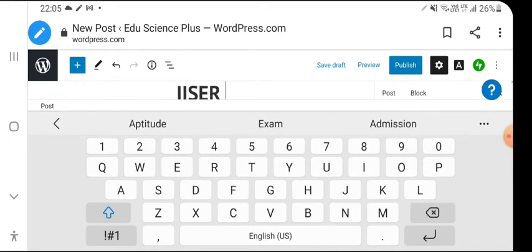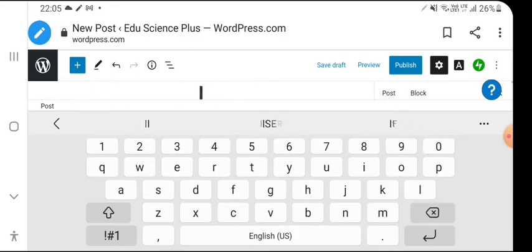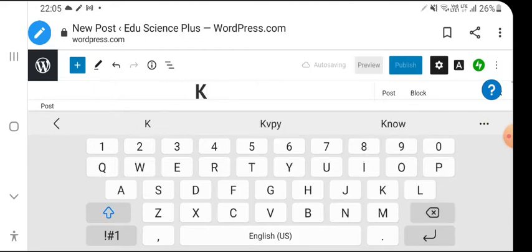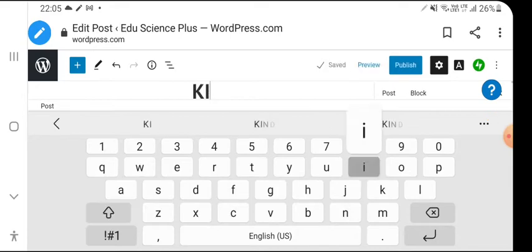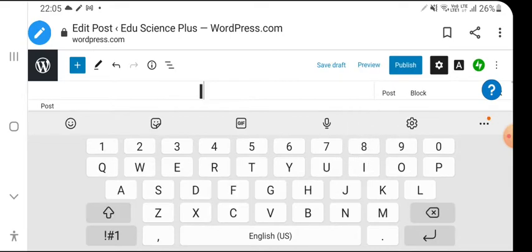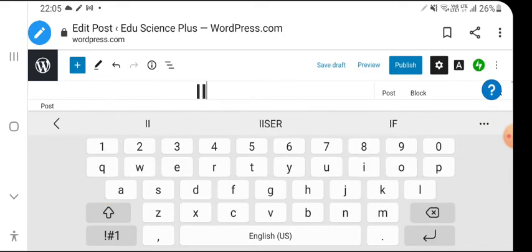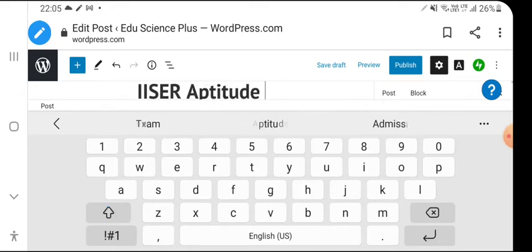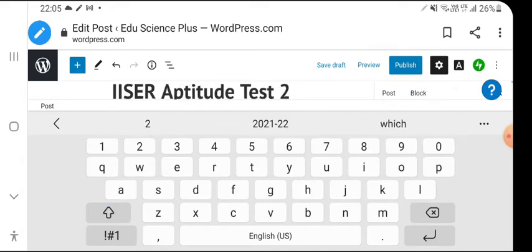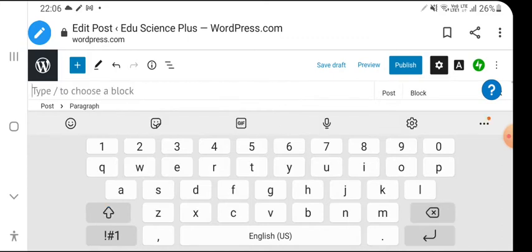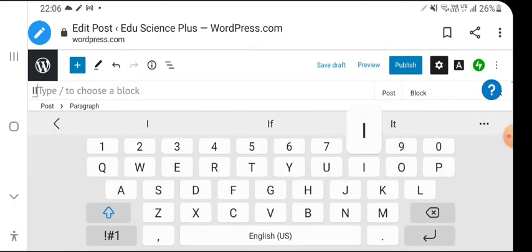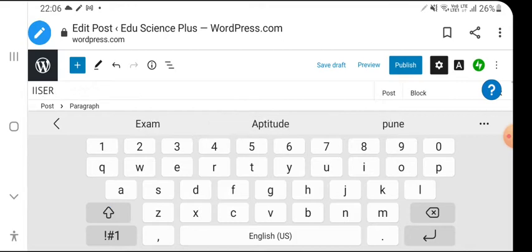ISER aptitude, or we can have a KVPY post, KVPY exam. That has good traffic, so ISER we would choose that. ISER aptitude test 2020, ISER aptitude test. Okay, so let's do ISER aptitude test. Now let's put some type, so we can write ISER aptitude test is